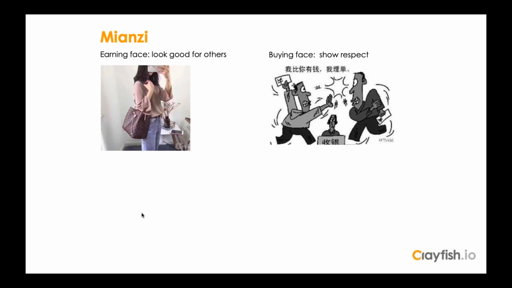And you probably don't know what the word says in that picture, but it's basically the guy on the left says, I have more money than you, I will pay for the bill. And so the poor cashier person sitting there seeing these two people fight. And this is actually not a rare thing. It's a very common thing in any Chinese restaurant if you have been to enough. And basically, whoever buys the bill will get the respect